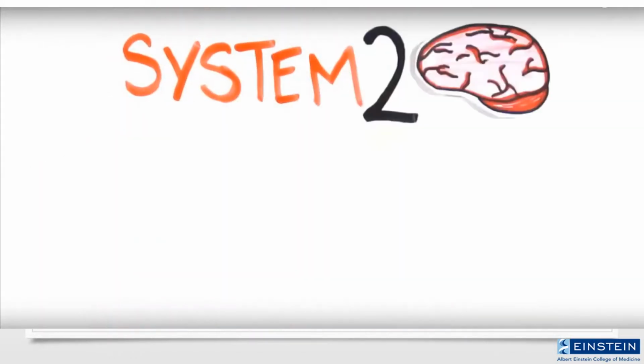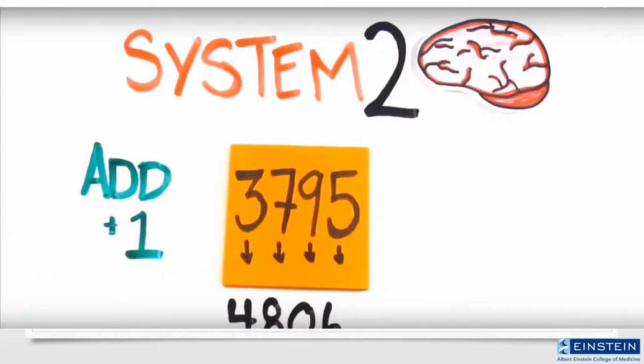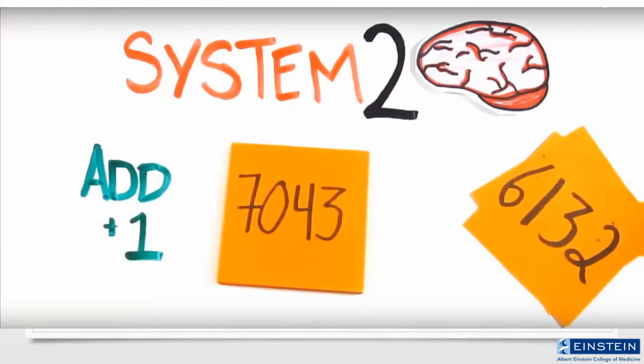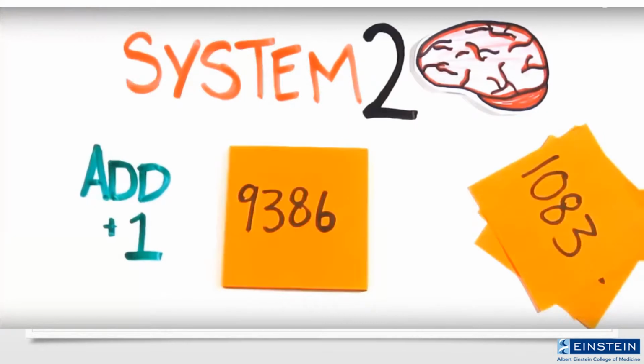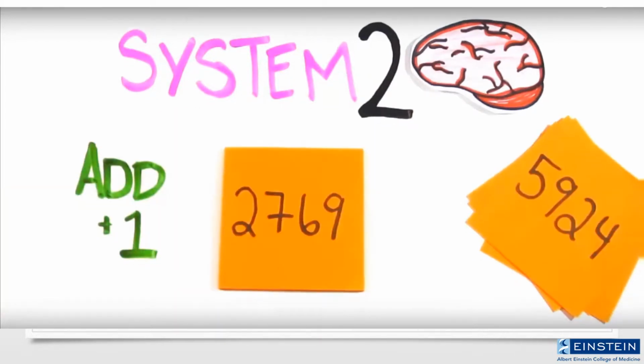Want to see your System 2 in action? I'll show you a string of 4 digits, you read them aloud, then add 1 to each of the original digits. If the card reads 3795, the correct response would be 4806. We'll then go to the next card and you'll do the same, followed by the next card. Ready? Go. Few people can cope with more than 4 digits, but even harder is add 3.